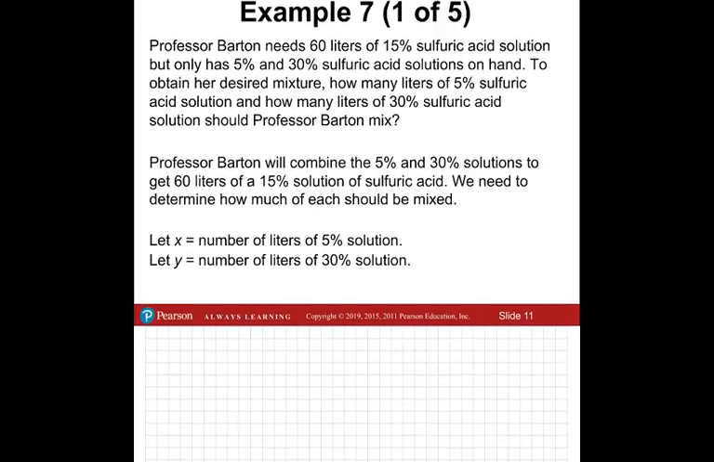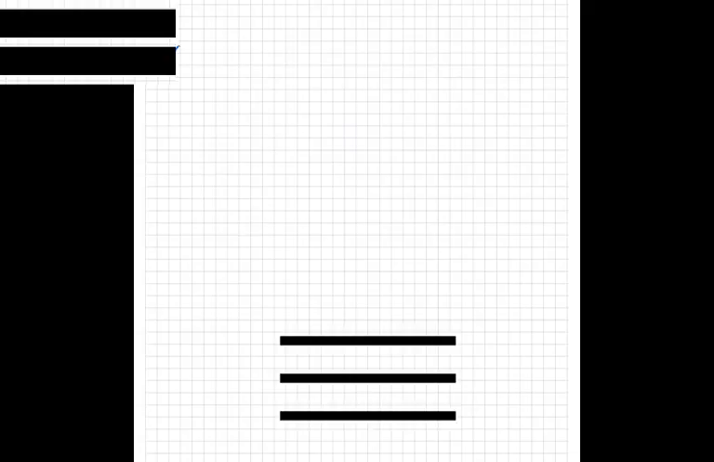Okay. So with these mixture problems, I usually use the following formula, or it's not really a formula, it's just a structure. So I'll say percent of the first substance times the amount of substance number 1 plus percent 2